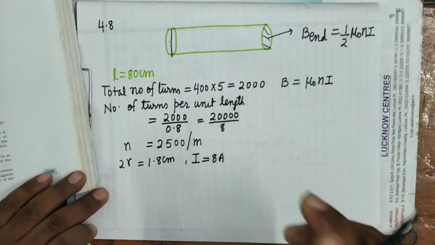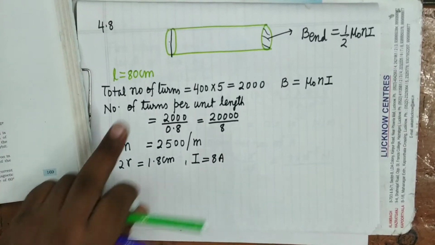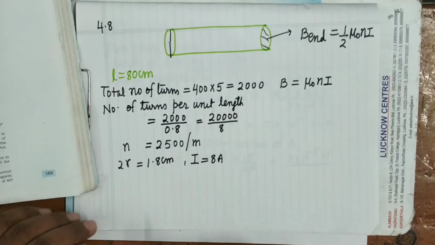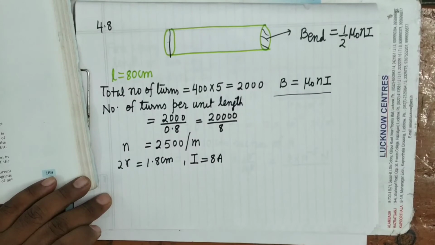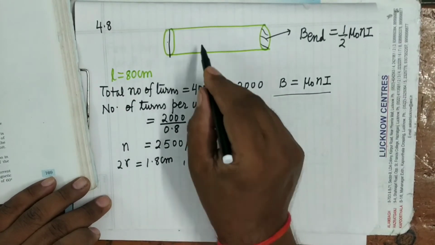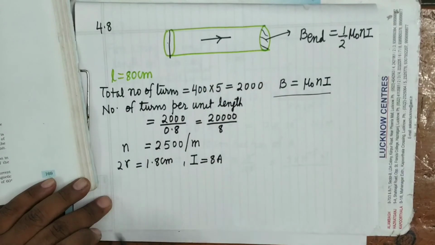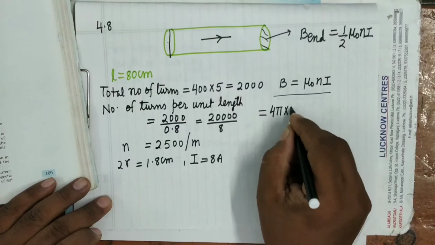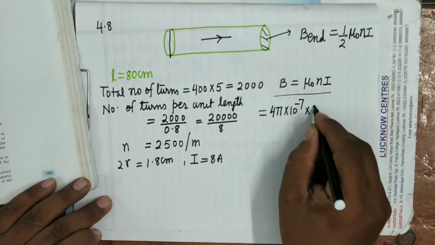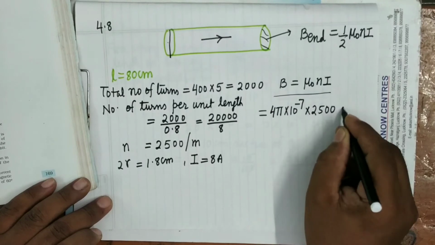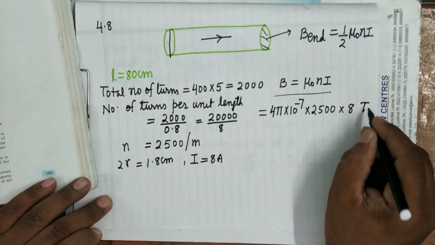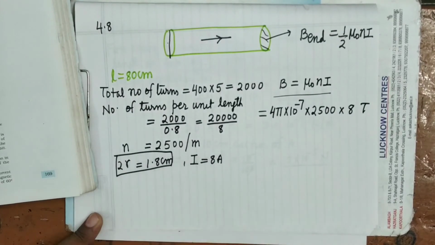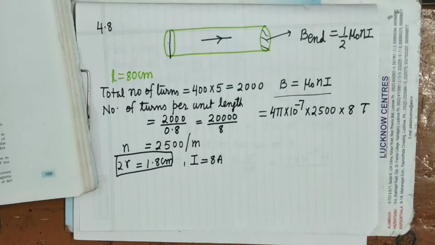This is the formula of magnetic field in case of finite length solenoid. But if it is of infinite length, then everywhere it will be this. It's clear. And what is the direction of this magnetic field? Along the axis. So you can find here, mu naught is 4 pi into 10 power minus 7, n is 2500 and I is 8. So this much Tesla, you can calculate it further. There is no role of the diameter in this question.